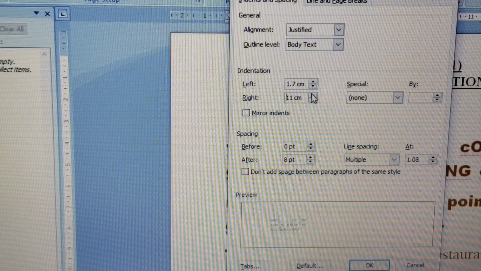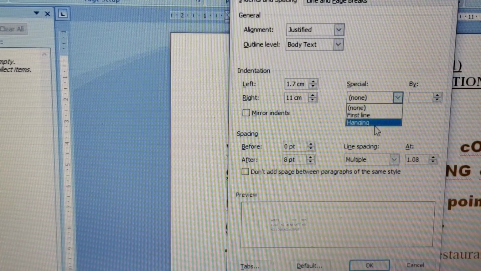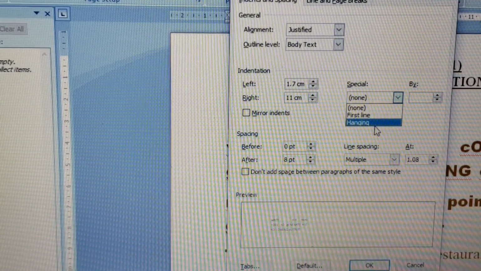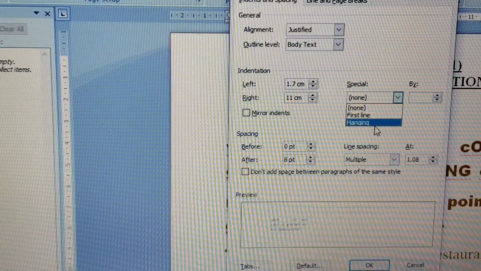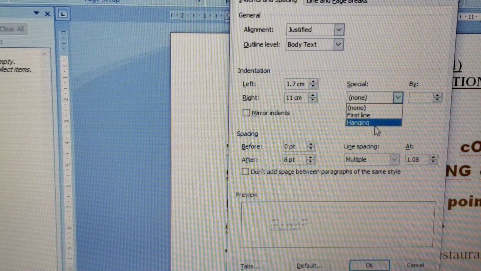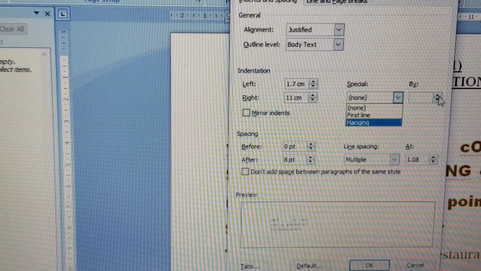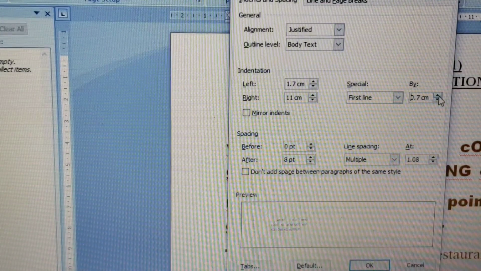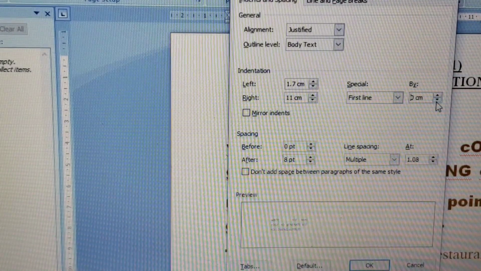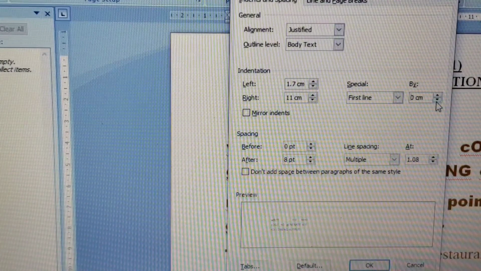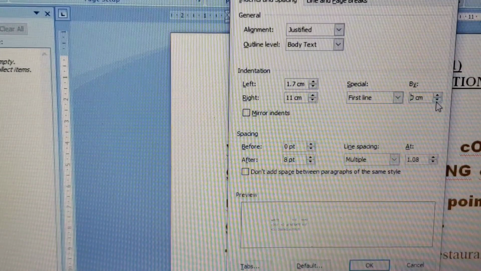Special indent will show you the first line and hanging. See, first line and hanging option. What are the first line and hanging options doing? It is only changing a particular point or particular idea, whereas by indent is going to deal with the particular point. This is your particular point. Could you see? Only that particular point is changing. Only that particular word is going to be changed. Okay, so this is your page layout option, with the help of which you can have all these kinds of options.